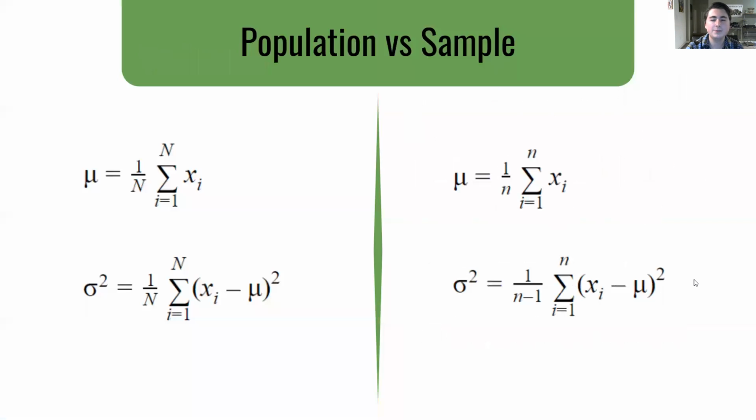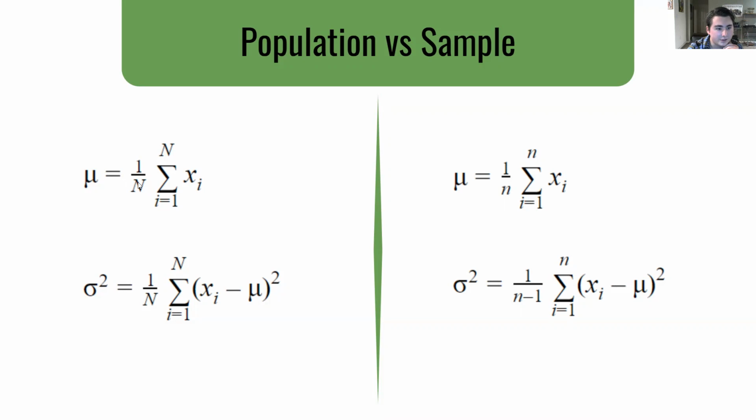So let me explain it with an equation here instead. As you can see, we have two different methods of calculating variance. You have the population method of variance on the left and the sample method of variance on the right. Population refers to your samples as a whole, as in every possible sample in the universe. So, for example, if you were doing a survey on the height of every person in the world, your total number of samples will be around 8 billion, give or take,